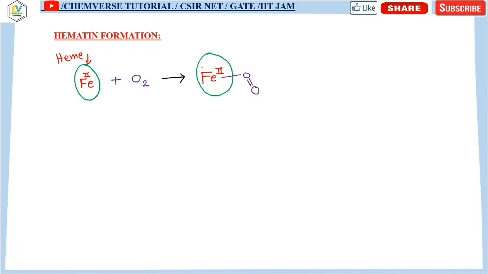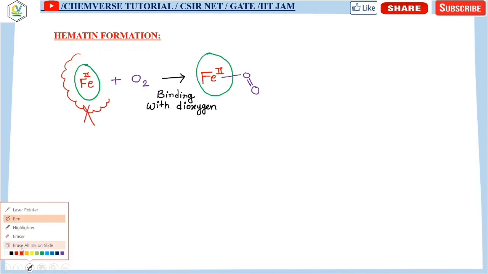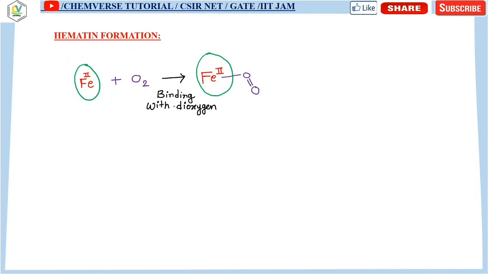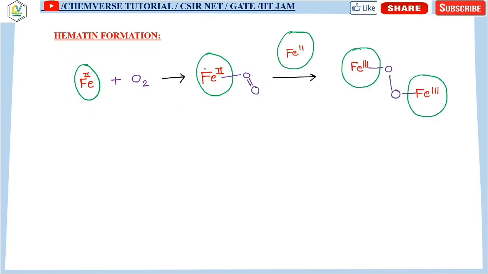Now you can see that the first step is the oxygen binding, as occurred in normal myoglobin or hemoglobin. So this is an ordinary step. But now, in absence of the globin chain, because look at this, there is no such globin chain. Once they have a globin chain, then the further reaction will not occur. It will reversibly bind with the oxygen. But since there is no globin chain present, in the second step it can form a dimeric complex. It is basically a peroxidimeric complex, a mu peroxidimeric complex, with the help of this dioxygen ligand.